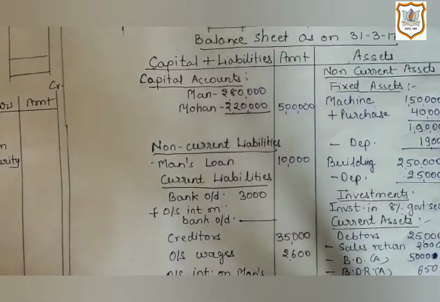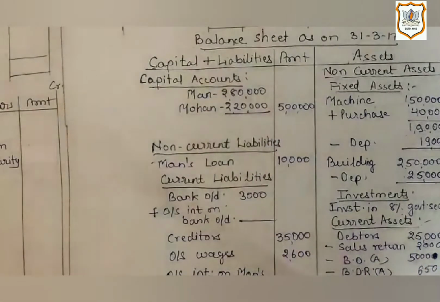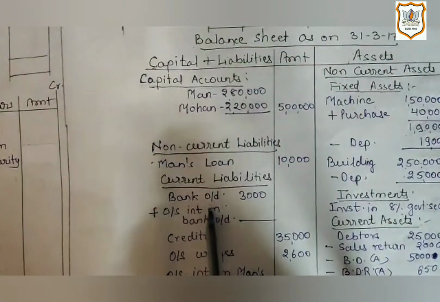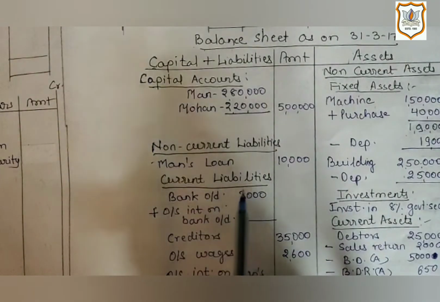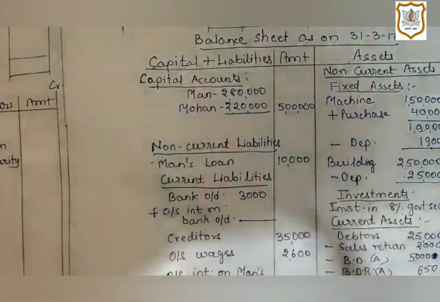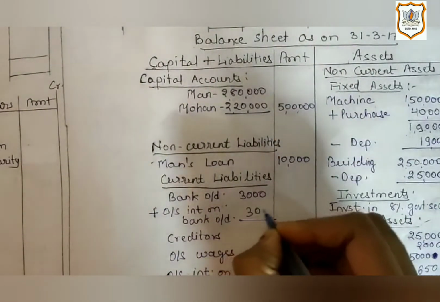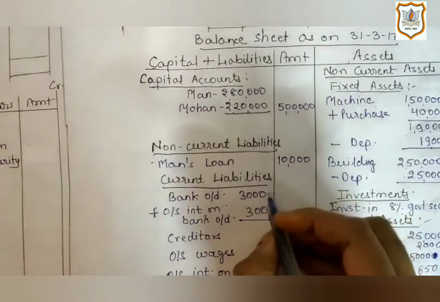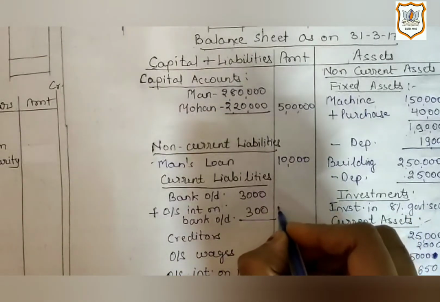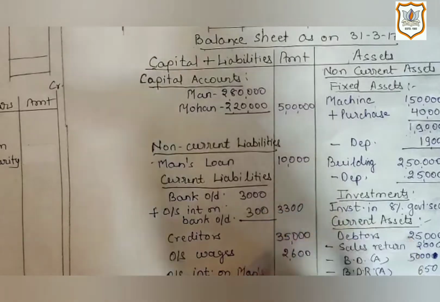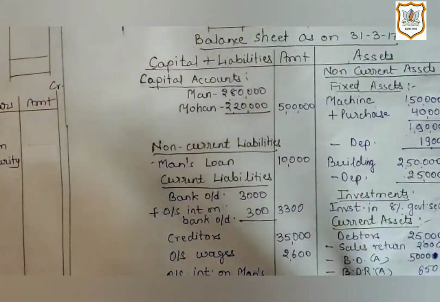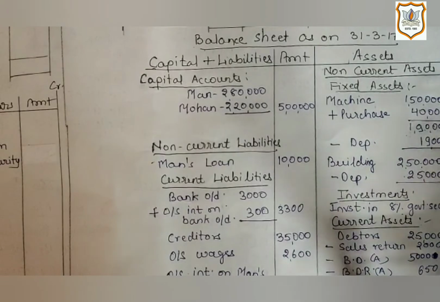Now fourth adjustment is 10% interest is outstanding on bank overdraft. Here amount of bank overdraft, which is our liability, is given 3,000, and 10% of 3,000 is 300. In outer column we will get 3,300. Here, outstanding interest on OD is a liability for the firm, as it is unpaid and firm will have to pay it in future.